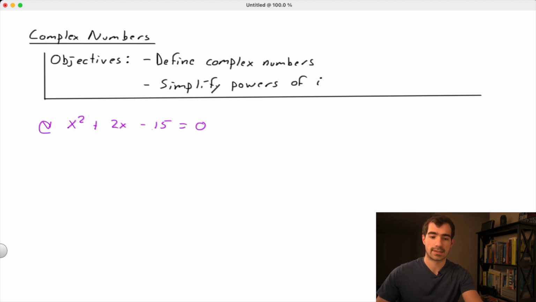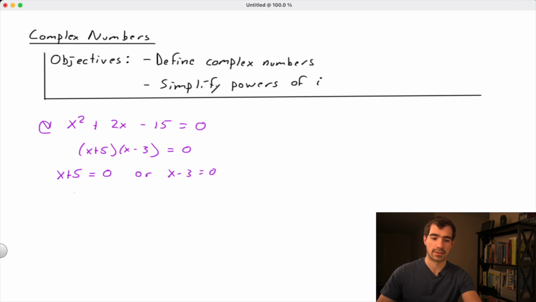We could recognize that there are two numbers that multiply to negative 15 and add to positive 2, namely plus 5 and minus 3, and use those to factor our expression to x plus 5 times x minus 3. Then setting that equal to 0, we can utilize the zero factor property, which tells us that either x plus 5 has to equal 0 or x minus 3 has to equal 0 to then allow us to